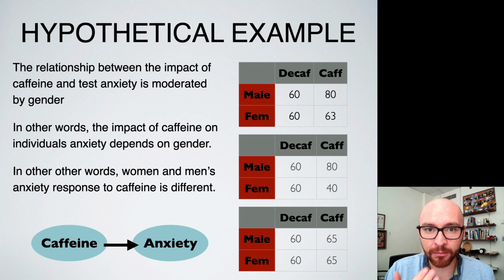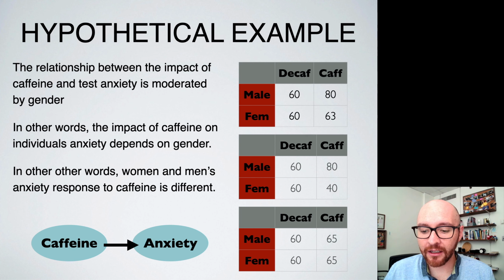Now, you kind of heard me slip up and say interaction. This is actually an interaction. But we go over interactions later on, between chapter 11 and 12, maybe 10. But for now, think of it as a moderating variable. There is a relationship between caffeine and anxiety, but that relationship depends on this other variable,